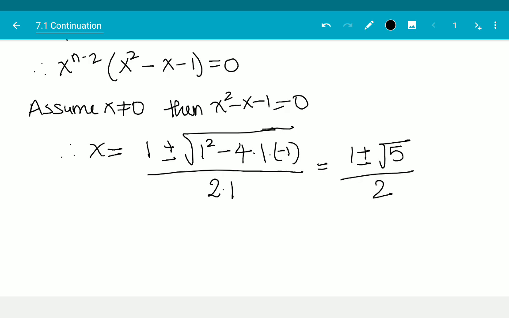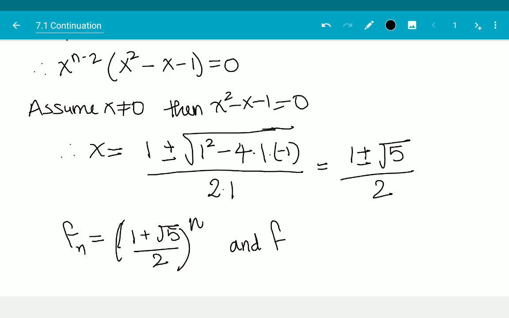Okay? And so you can see that both the sequences f_n equal to ((1 + sqrt5)/2)^n, and f_n equal to ((1 - sqrt5)/2)^n,